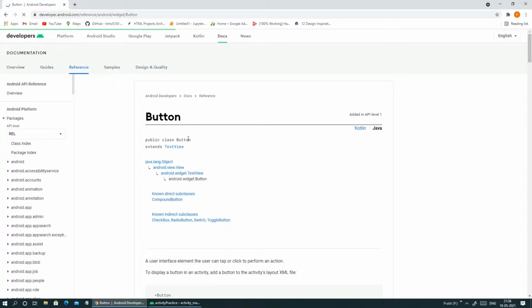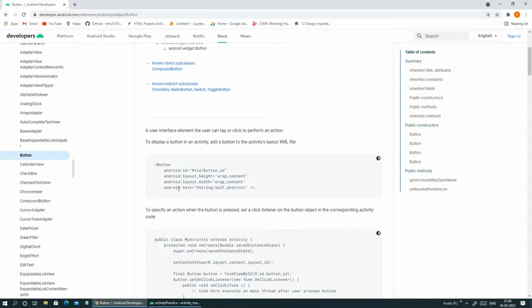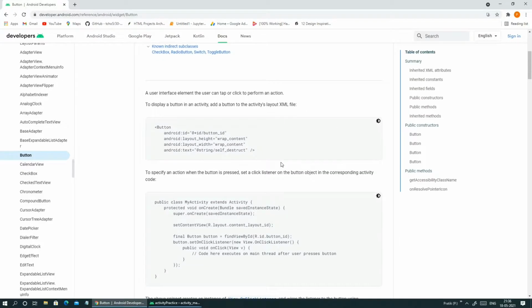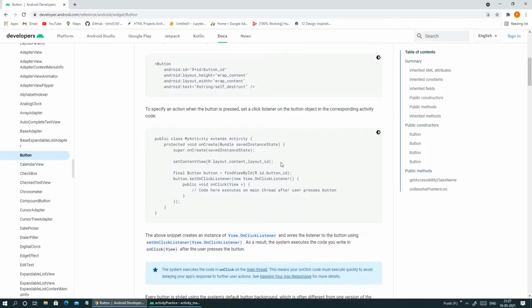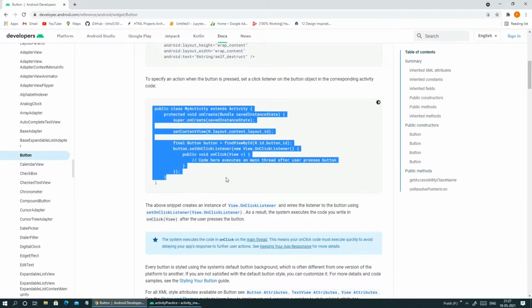Okay, so here you can see public class Button. Button is a class which extends TextView, and here is the XML part given here, and here is the implementation given for the button.